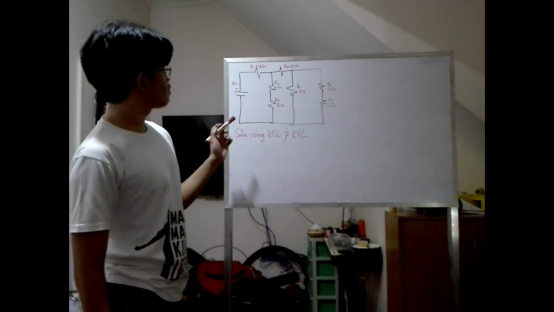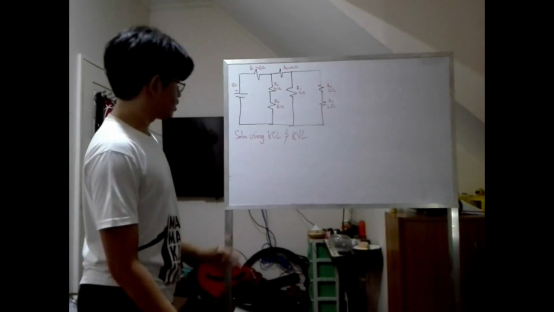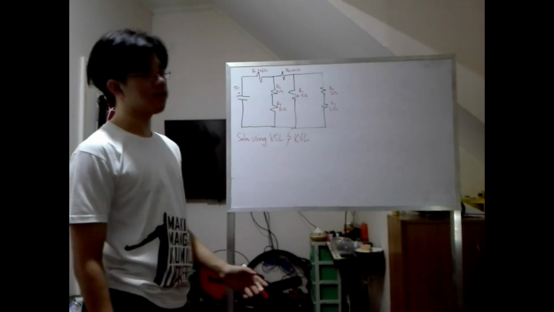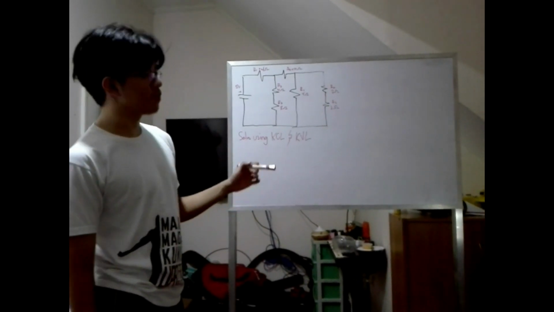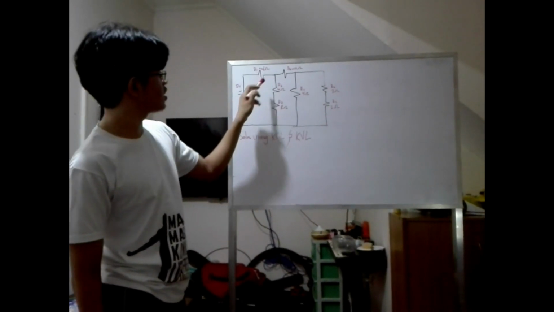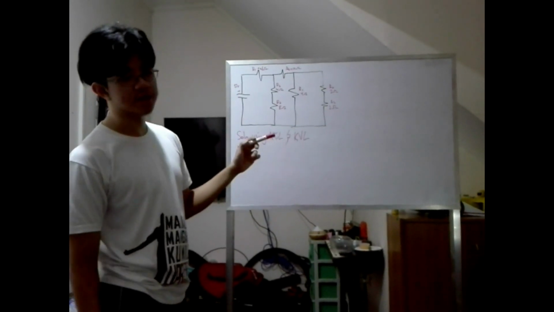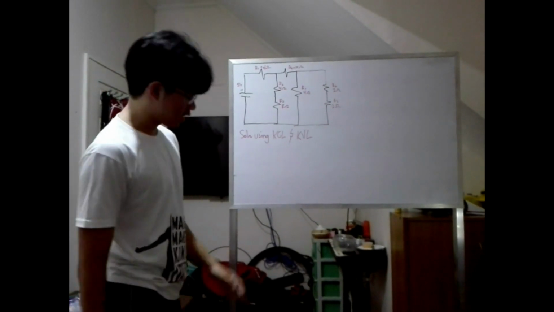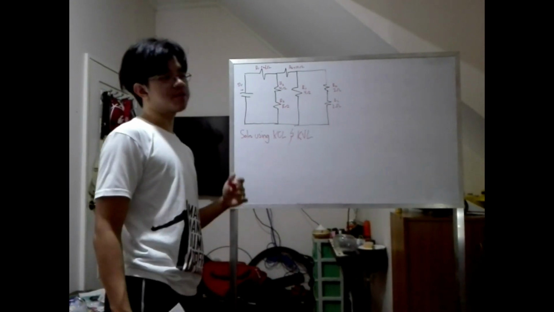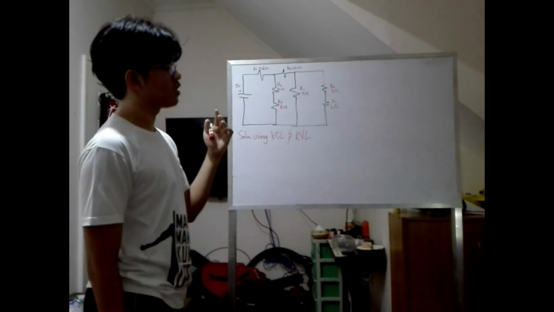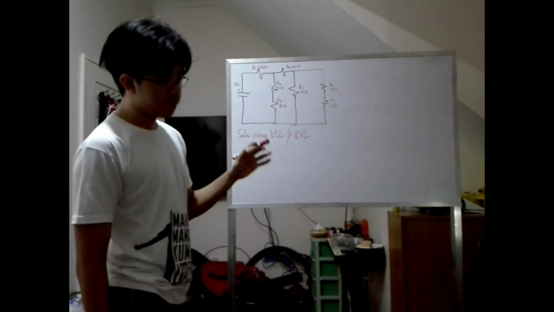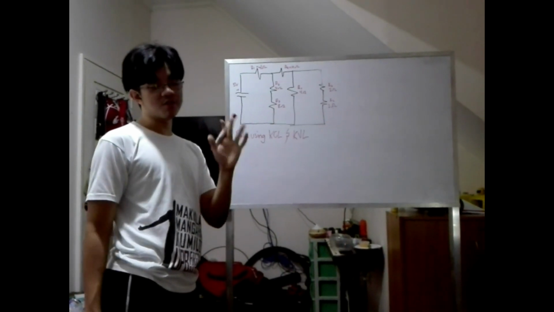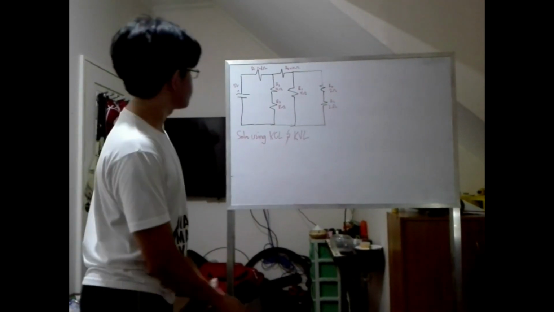We are going to solve this circuit here using KCL and KVL. KCL, or Kirchhoff's current law, states that the summation of the current entering a node must be equal to the summation of the current exiting a node, while KVL, Kirchhoff's voltage law, states that all voltage drops and rises must equal 0 in a single loop. So